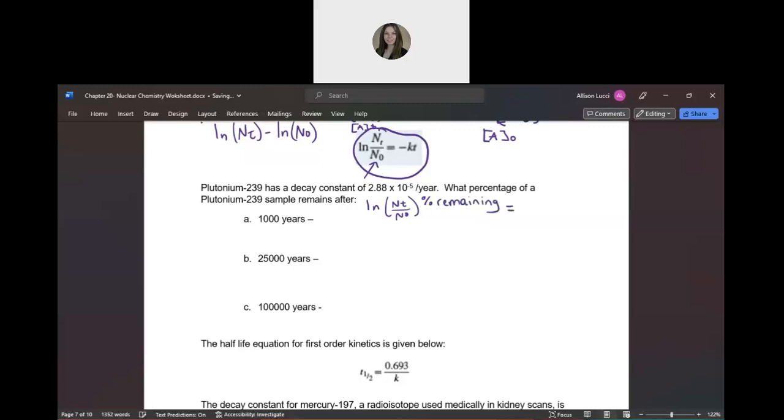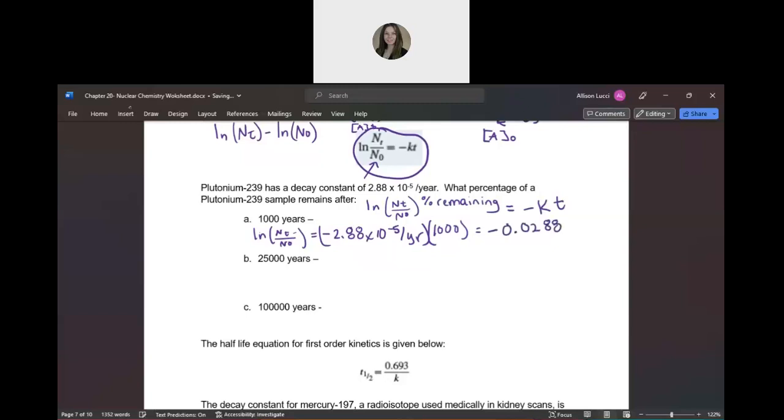This is equal to negative k. So for 1,000 years, we would use negative 2.88 times 10 to the negative 5th per year. That's our k value, our rate constant. Then we multiply that by 1,000. This natural log of nt over n0 is going to be equal to negative